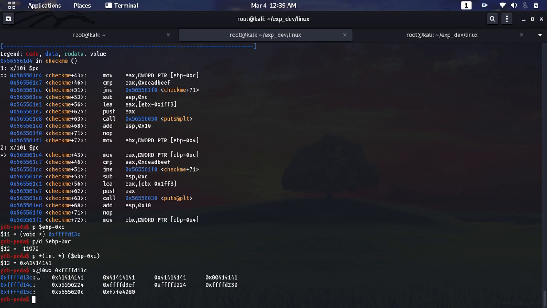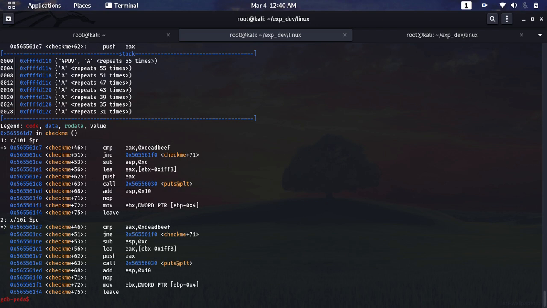If we count this, 1 2 3 4 5 6 7 8 10 11 12 13 14 15, it is holding A 15 times. And it is moving into the register EAX, and if we analyze the EAX register,